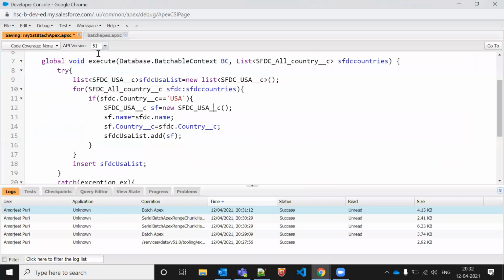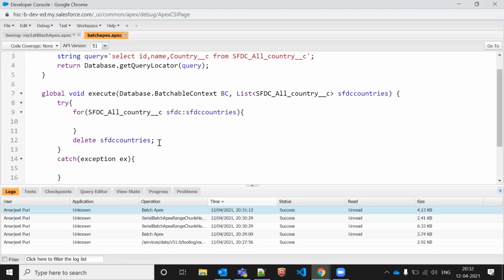Still it is saving. Till then we'll do one thing, let's add some debug logs in this one. We'll check why it is